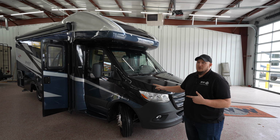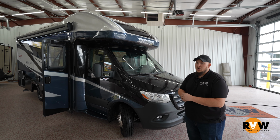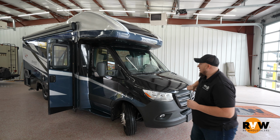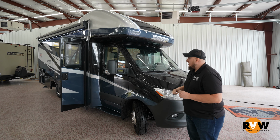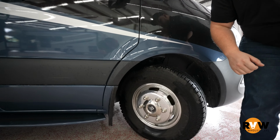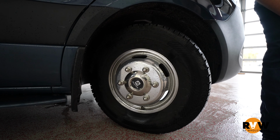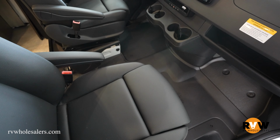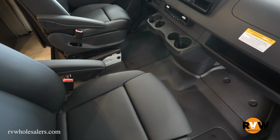Let's check out these 2023 Coachmen Prisms and what all they have to offer. They've got these sick paint jobs on the Elite packages that are solid all the way across, and let's check out what else they have. Of course, you can get the nice hubcaps, but on these Elite packages, you can get this full Alcoa aluminum rims. They're all on the Mercedes-Benz Sprinter chassis, so you have that diesel motor,